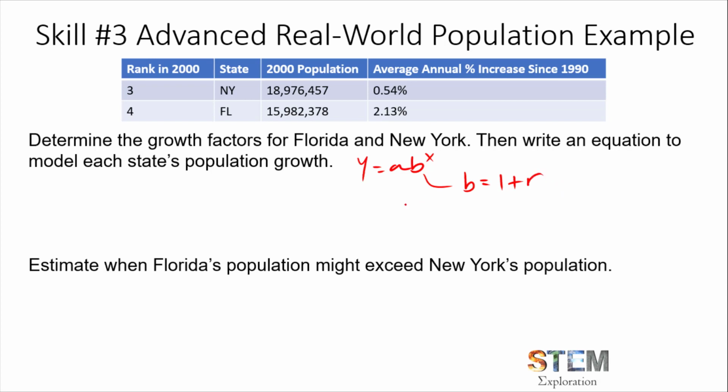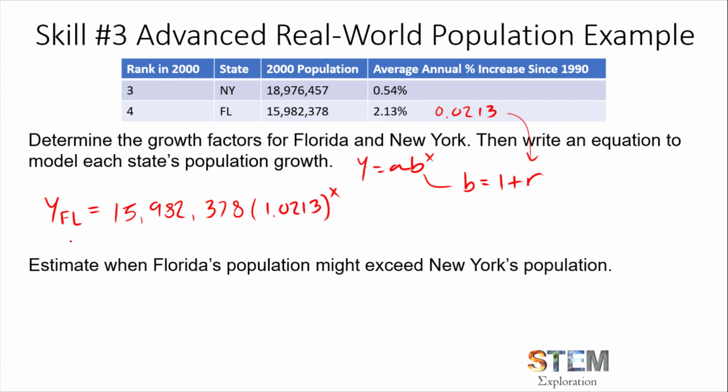All right, so if you want a model for Florida, let's say y of Florida, this would just be equal to the original population of 15,982,378 times the rate of growth, which is 2.13%. So in decimal form, this would equal 0.0213, which is what I'm going to plug in there. So this will be 1.0213